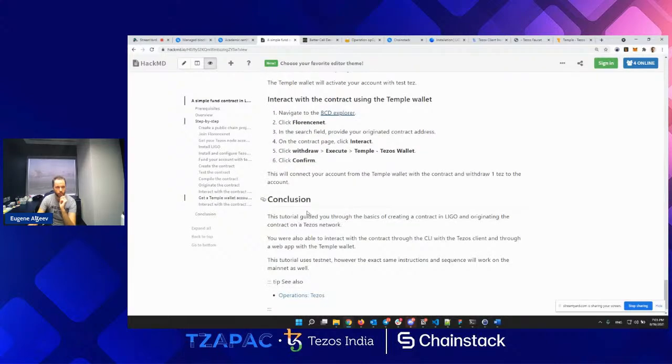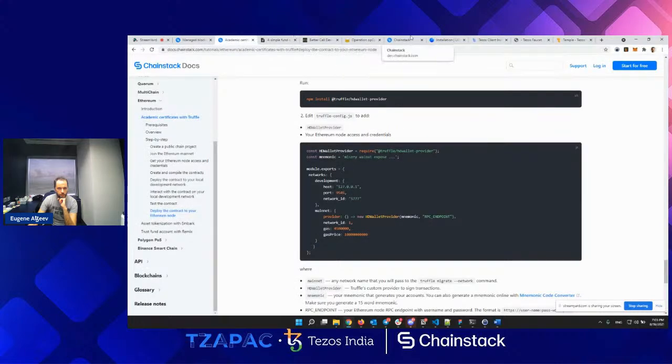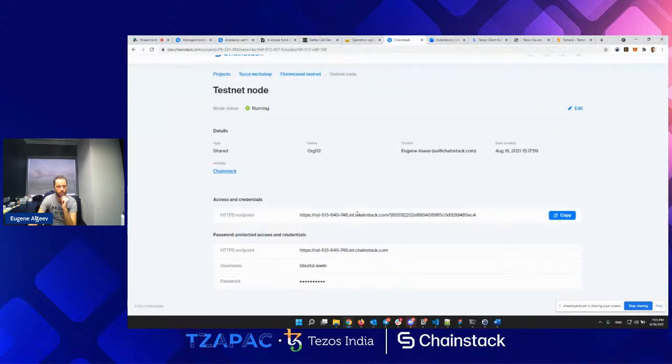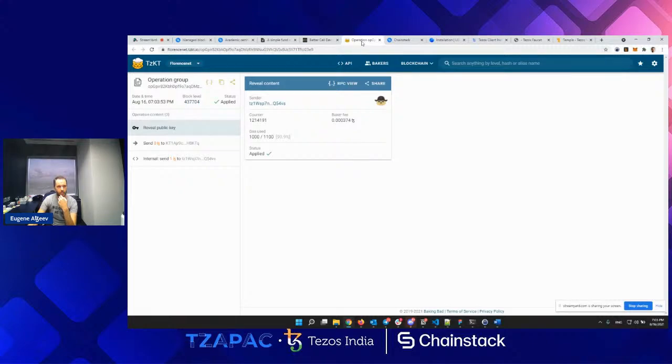So yeah, this tutorial that we just went through, we started with nothing. Basically, we had nothing to work with. Then we onboarded onto Chainstack to get our testnet endpoint for Tezos on FlorenceNet to interact with it. And then we used a couple of command line tools and also the browser-based wallet to interact with the real Tezos network. And in basically no time, we've written a very, very simple Hello World-like smart contract in PascaLIGO and interacted with it through the command line as well as the browser wallet as any user would do, right?